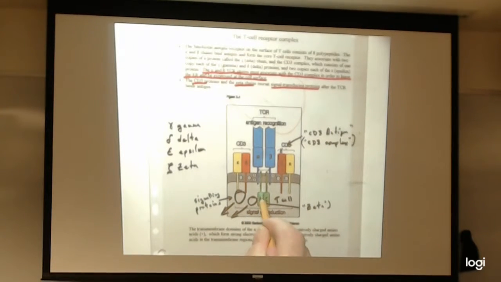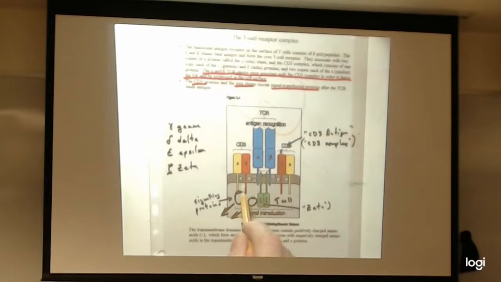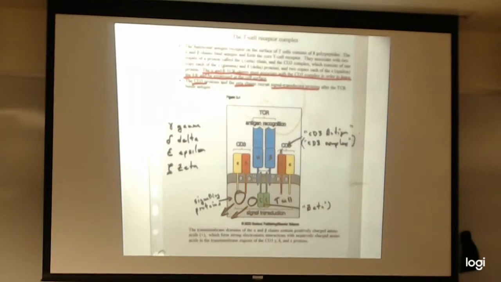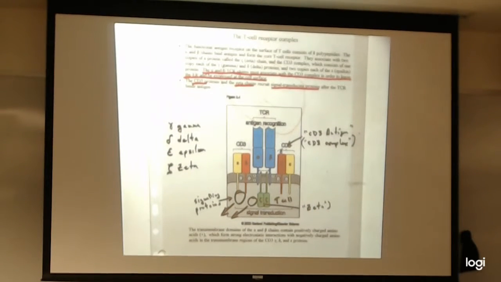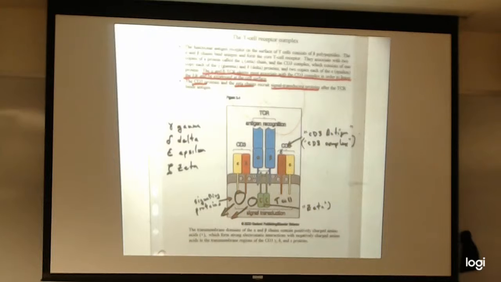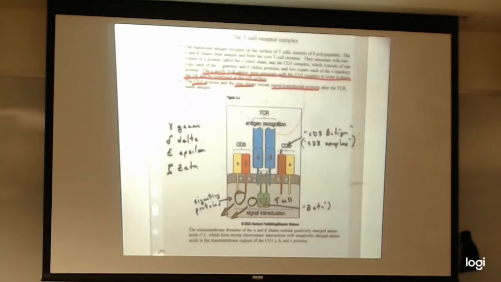I will not spare you the details of the things that happen inside, but that's another lecture down the road. Things will get phosphorylated here, and they will recruit signal transduction molecules, initiating signal transduction pathways that in many ways closely resemble the pathways we initiate when growth factors bind to a growth factor receptor, for example platelet-derived growth factor binding to the PDGF receptor, and epidermal growth factor binding to the EGF receptor. Here, T cell receptors bind to their peptide. We initiate these signal transduction pathways that lead this cell to proliferate and also to differentiate.